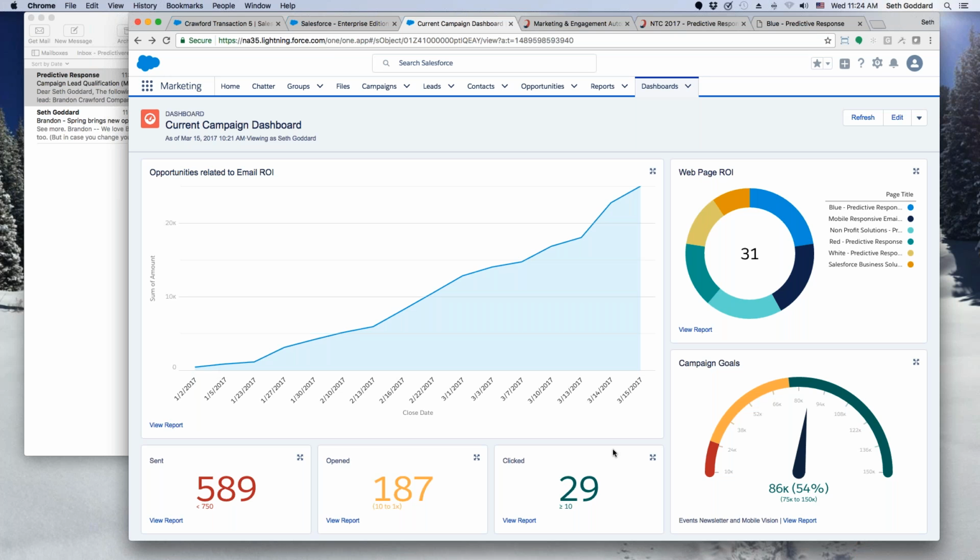I'd like to, at this point, wrap up this demonstration of how Lightning inside of Salesforce can highlight the success of your campaigns and show you the data that you need, and begin to get ready to open this up